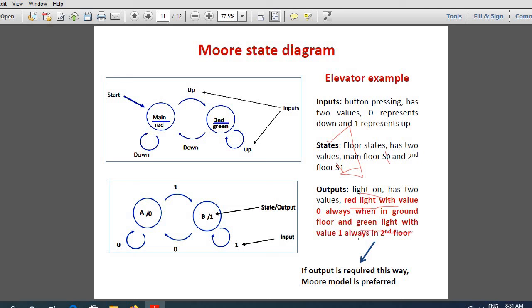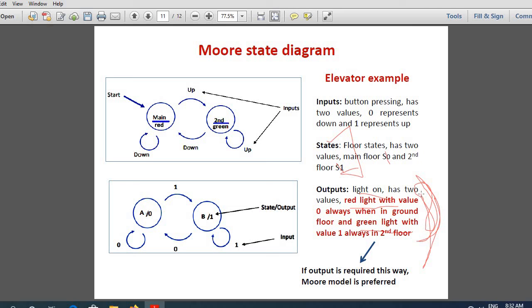So if you need an elevator like this, it means always when it is in a certain state or certain floor, it should give a particular output. That is, if it is always in ground floor, your output should be red. If it is going to some other floor, for example second floor, if it is in that floor, you indicate green.